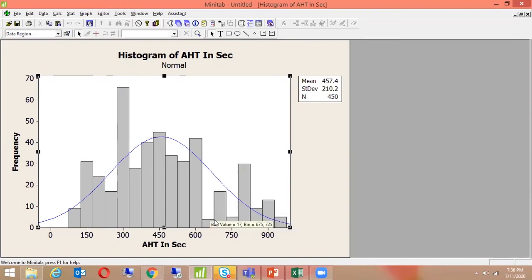Let's take an example of the lowest bar. 625 to 675: performance-wise it is not good, because the handling time is very high, but there are only 4 occurrences. Between 875 and 925, there are 13 occurrences. So the histogram tells me different bins, and bins are the class intervals. It also tells me the frequency distribution: under each of the bins, what is the number of occurrences that I have? That is the role of a histogram.